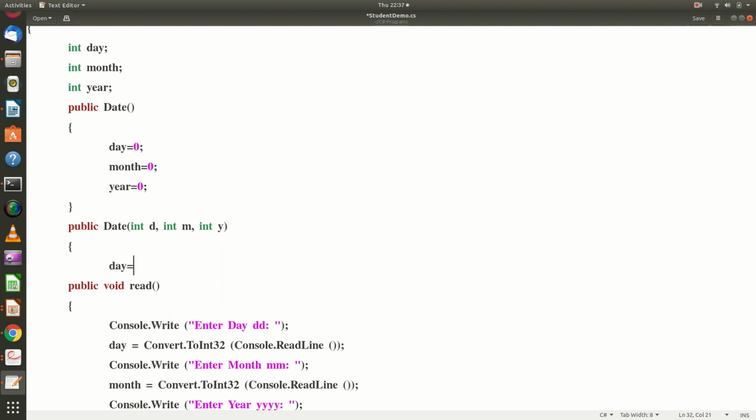Assign the value of D to day, assign the value of M to month, assign the value of Y to year.